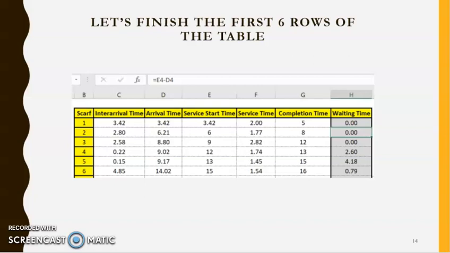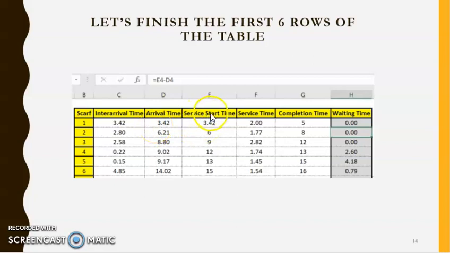Here the focus is on the waiting time. And to calculate the waiting time, we have the related formula. The waiting time is the difference between arrival time and service start time. So,